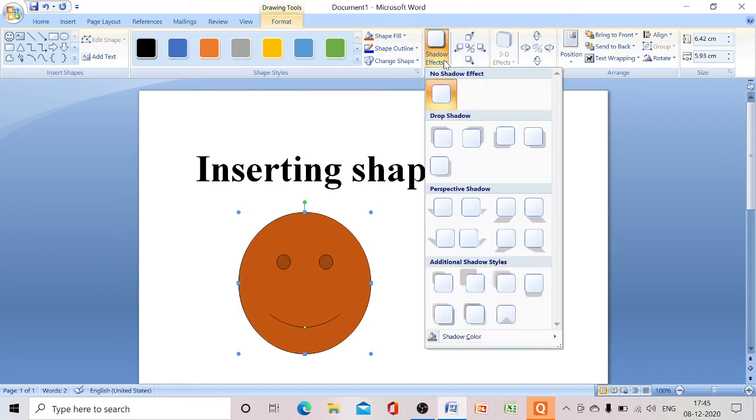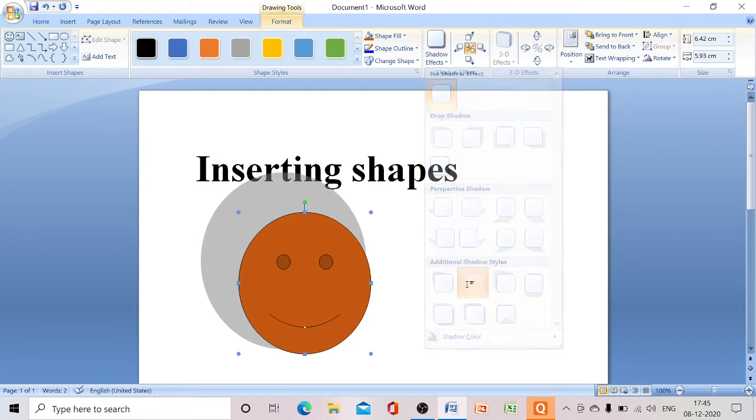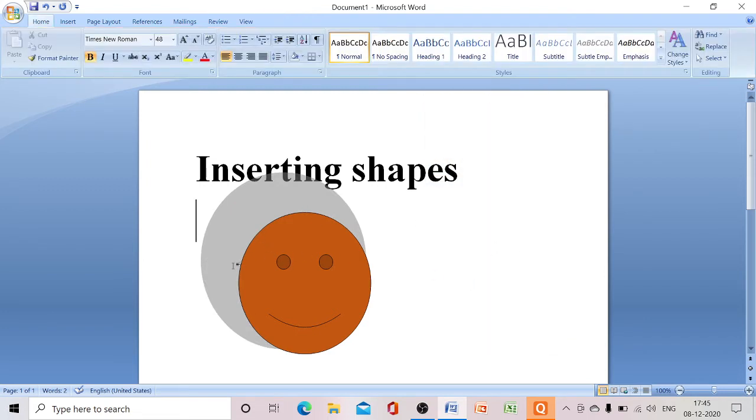Click the shadow effects. Here different types of shadow effects are present. From this we can select any one of the shadow effects. Let me click this shadow effect. Can you see the shadow present behind this shape? Yes, this is the way to add shadow effects. These are the topics related to shapes.